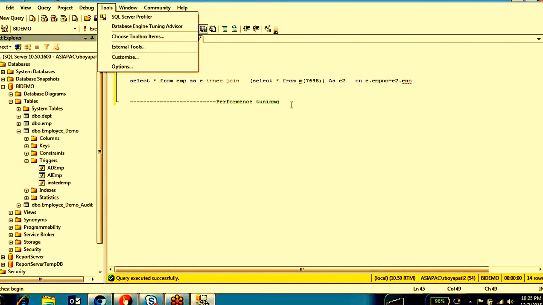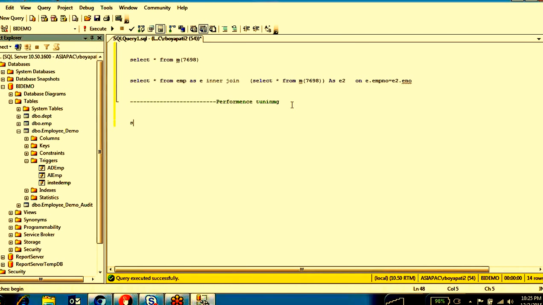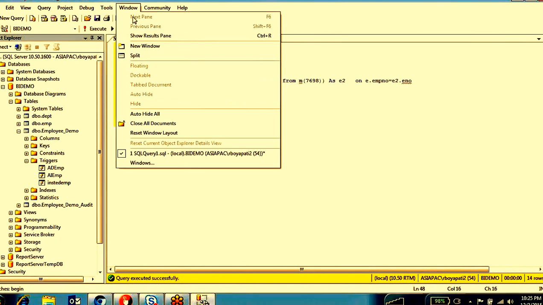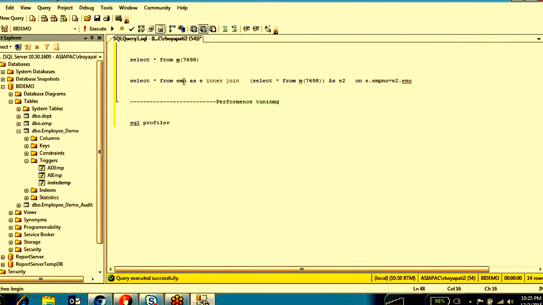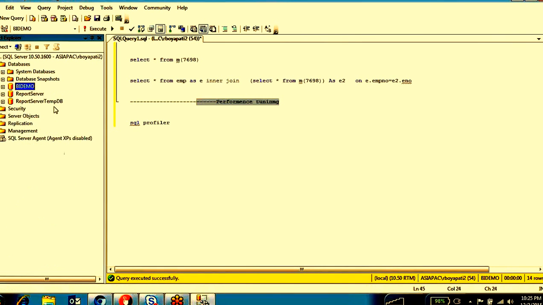What is this SQL Server Profiler doing? If you run this SQL Profiler, it will trace all the information, whatever stored procedures are running and whatever transactions are running, what queries are executing on a particular database, that kind of information it will track and show to you.